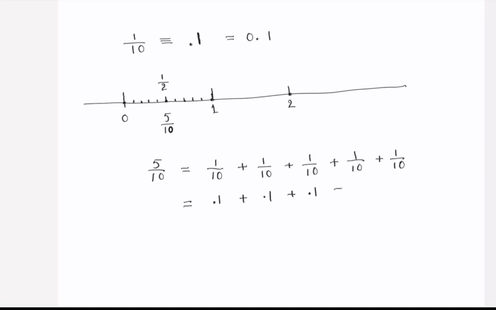This fourth 1 by 10 is again 0.1 and the fifth 1 by 10 is another 0.1. So all these five 0.1s when added together,